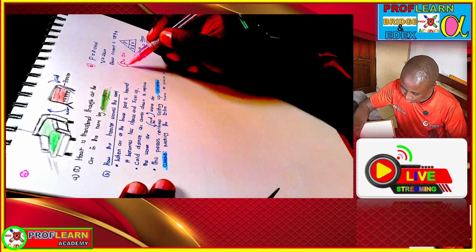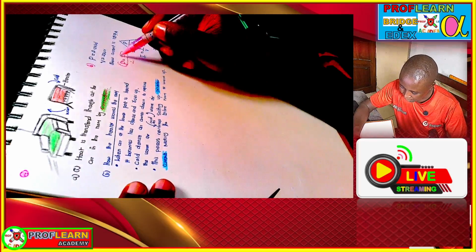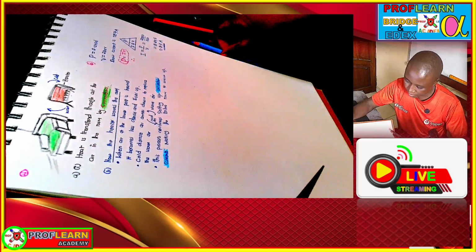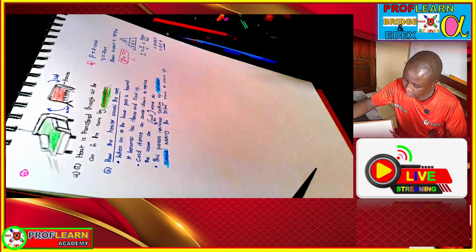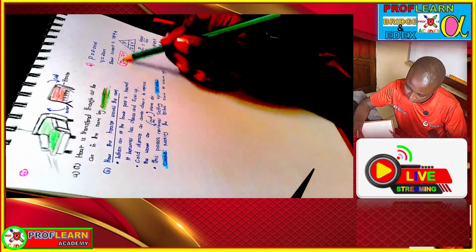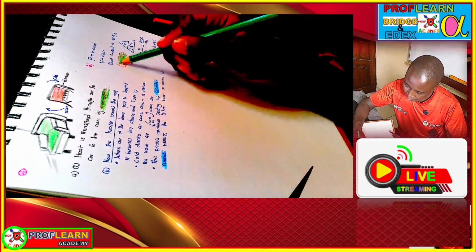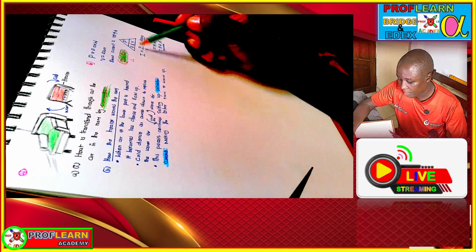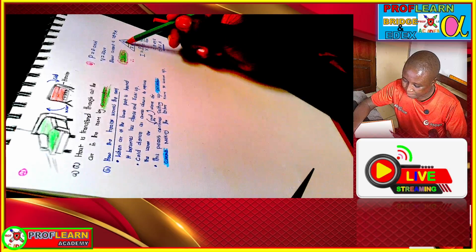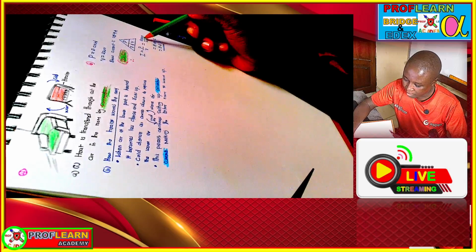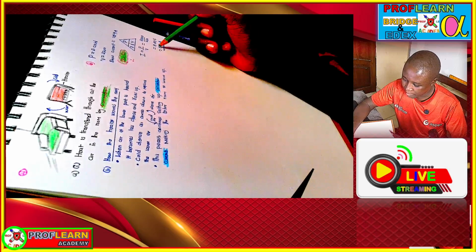The candidates were supposed to remember that power is equal to current times voltage, right? Using this formula, we can say from the triangle formula that current is power over voltage. Then if we substitute,